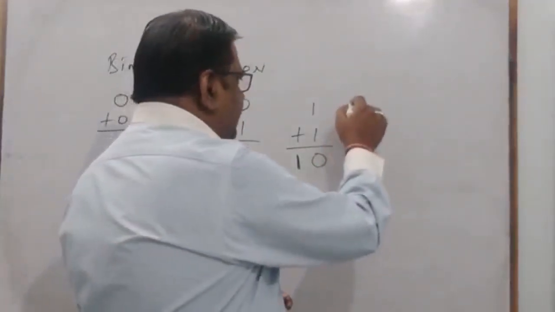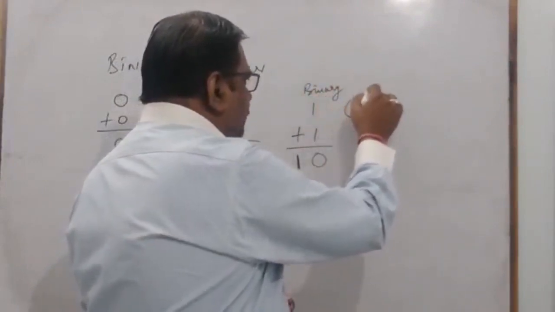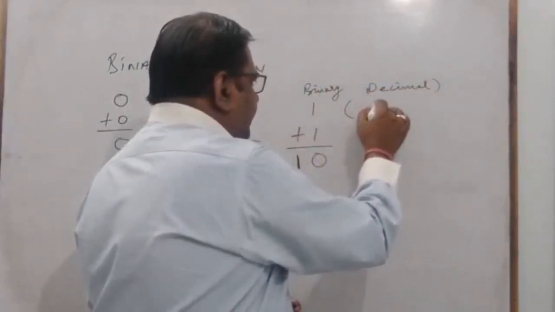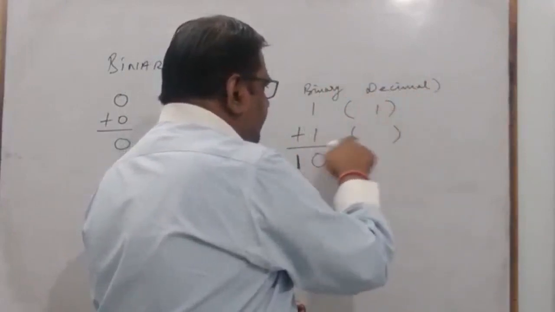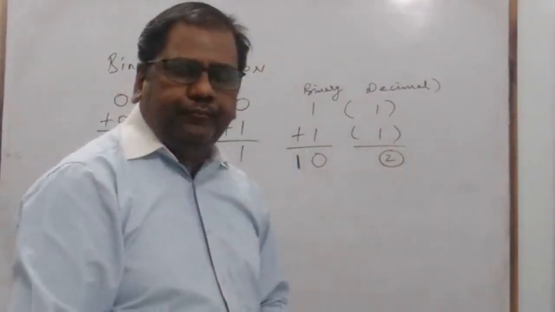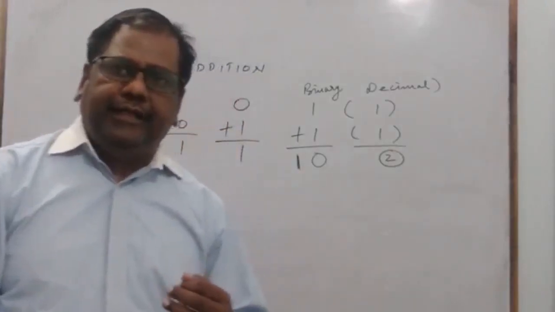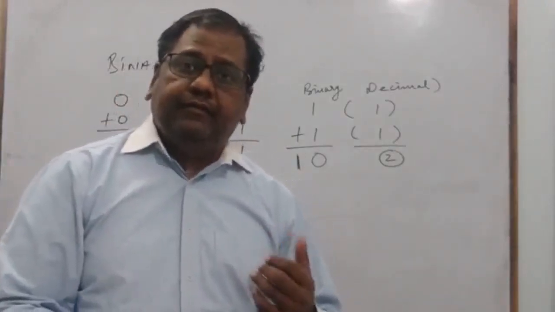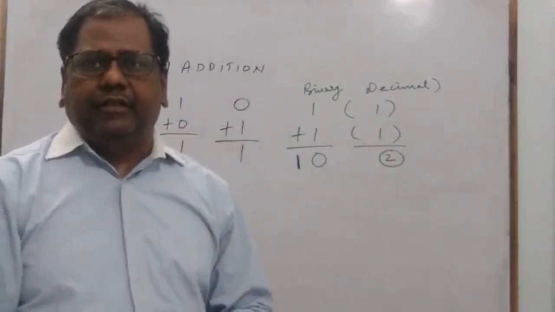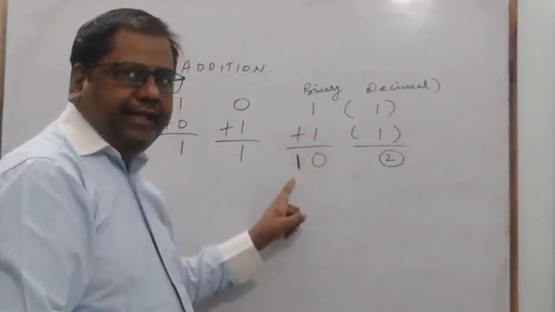If we talk about this is your binary, so when we talk about its decimal, what is the decimal of one binary? It's 1. What is the decimal of one binary? It's 1. So when you add it up, the decimal answer is 2. When you are adding two decimal values of 1, then the result will be what? 2. So when you are trying to convert 2 into binary, the result will be 1, 0. That's why when you are adding 1 plus 1, the result is 0 with 1 carry.